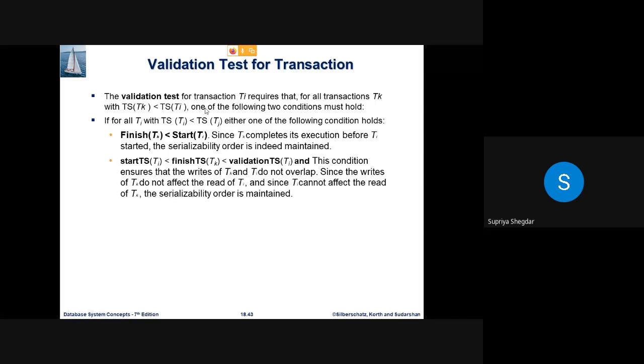Okay, so for this validation test, two conditions must hold. The first condition is that finish of TK is less than start of TI. What does finish of TK mean? It is when the transaction completes its write operation. So if the finish of TK is less than the start of TI, then in this case